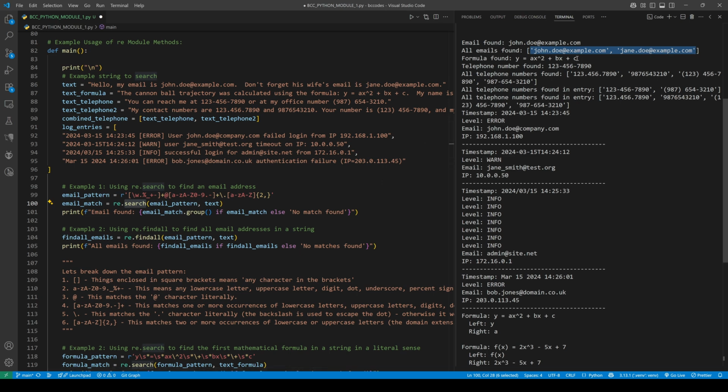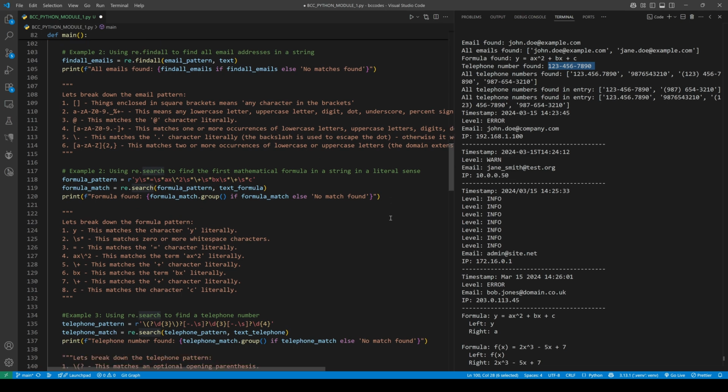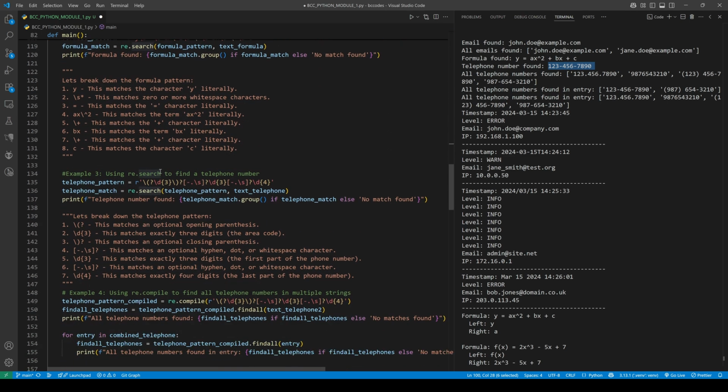Now I'm not going to go over the next example, which is just a literal way of finding this formula, but I'm going to go over the one afterwards, which is going to allow us to search for phone numbers. So here, just make note that you can write phone numbers in many different ways. Here I'm just using the phone number syntax or nomenclature for the US, not European,